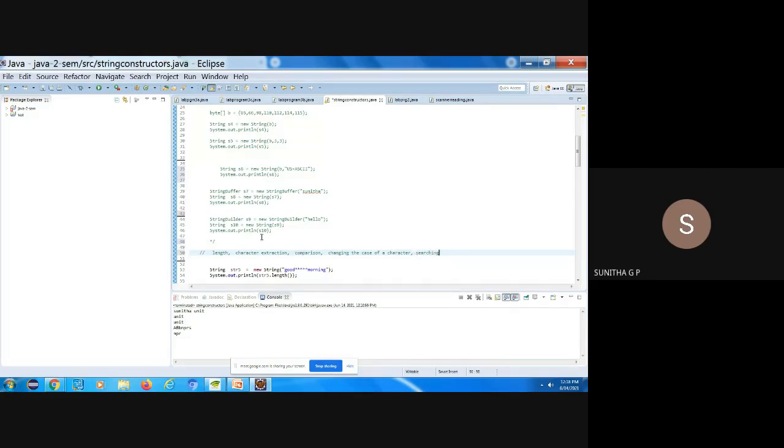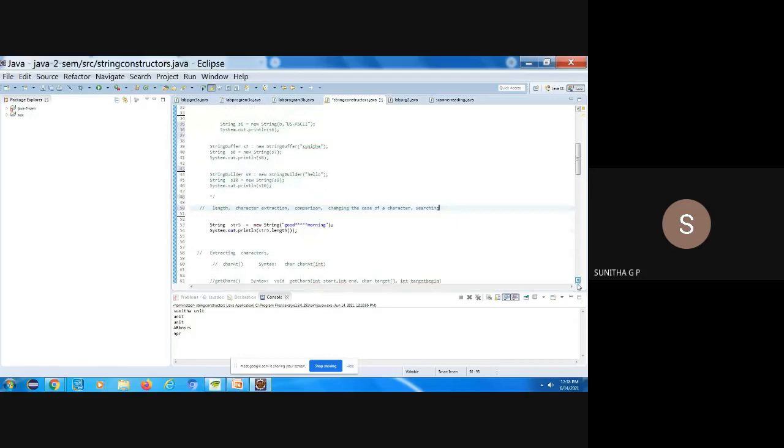So these are the methods they have specified. Other than that, plenty of methods are available, but since they have mentioned these, you have to check all their syntaxes.